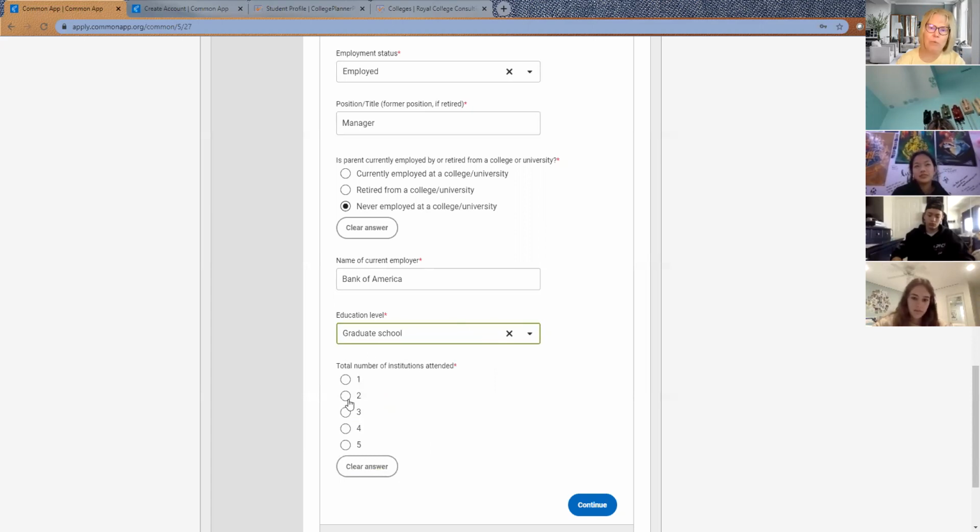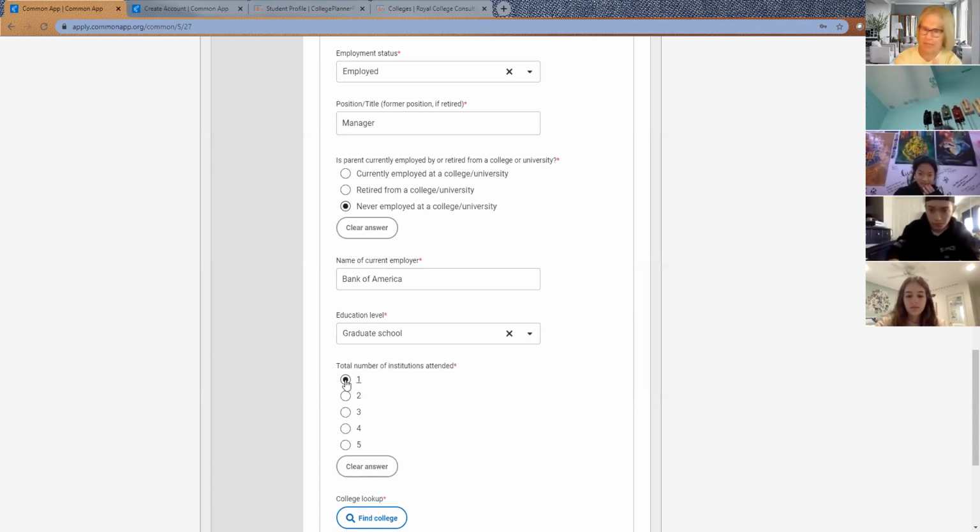And then they want to know where they went to school. So did they go to Cal State Fullerton for their bachelor's and their master's and their PhD? Or did they go to maybe Cal State Long Beach for their bachelor's and then USC for their PhD? Whatever that information is. Did everybody get that lowdown from their folks? So you guys know what to put? General nodding of the heads. Okay, so